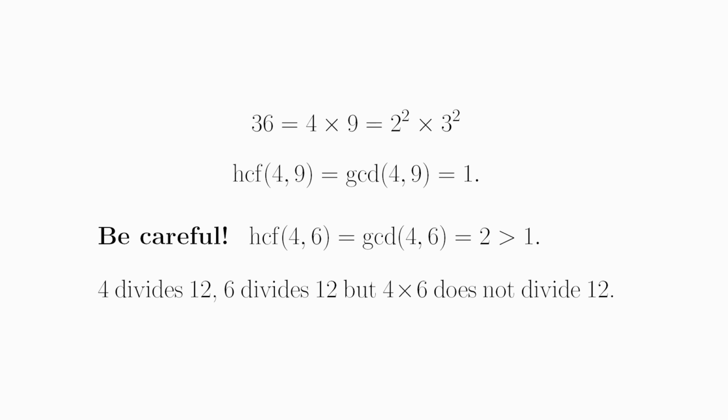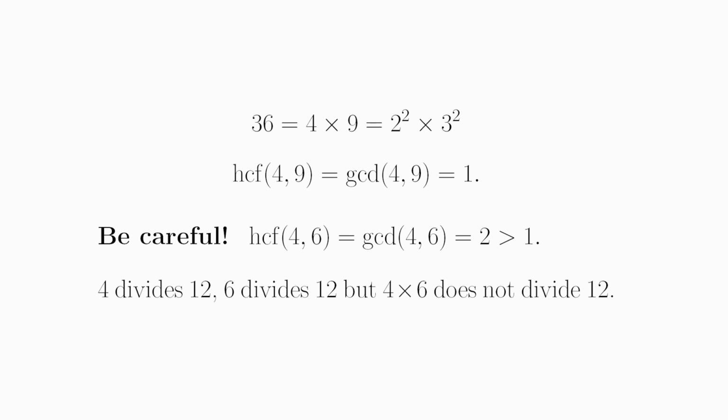Notice that 36, which is 4 times 9, is the factorization of 36 into powers of prime numbers. A number is divisible by 36 exactly when it is both divisible by 4 and divisible by 9. The important point here is that the highest common factor, some people say greatest common divisor, of 4 and 9